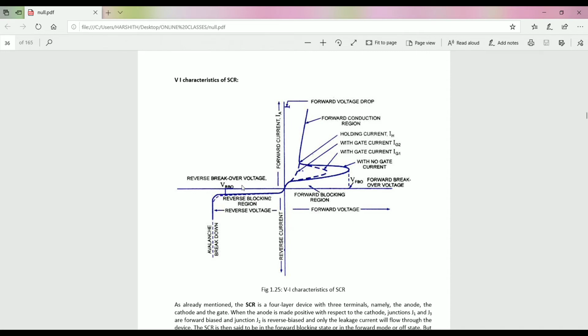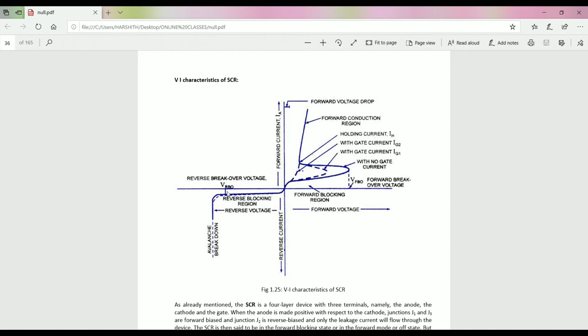And next one, reverse characteristics. If the anode to cathode voltage is reversed, then the device enters into the reverse blocking region. The current is negligibly small and practically neglected. If the reverse voltage is increased, similar to a diode, at a particular value